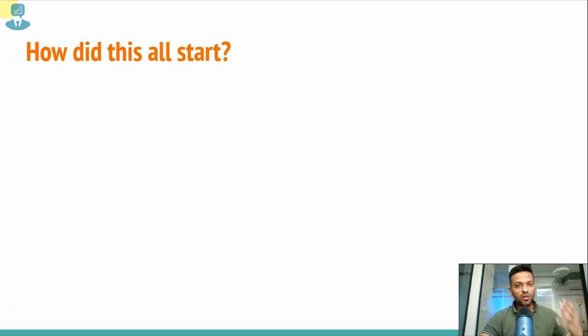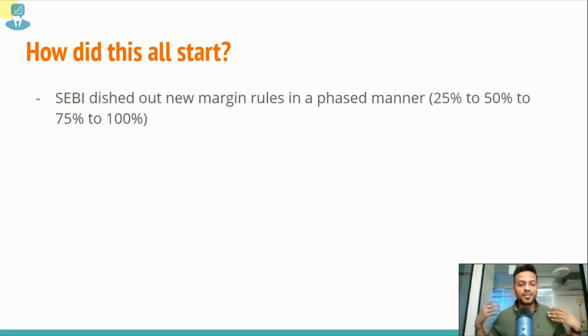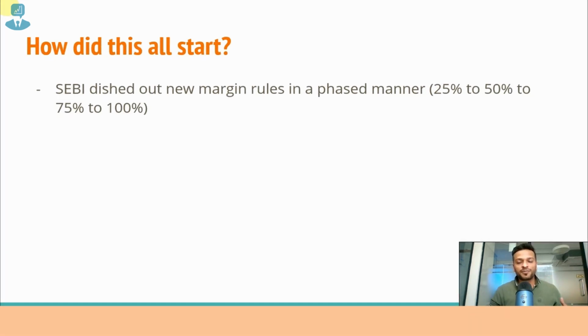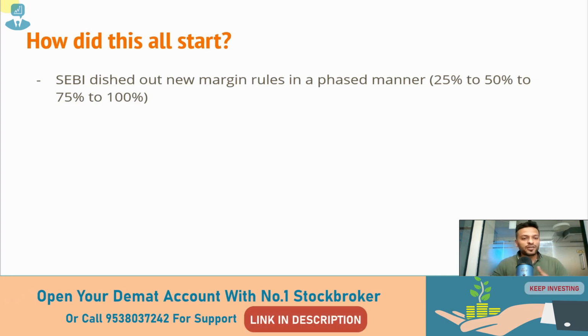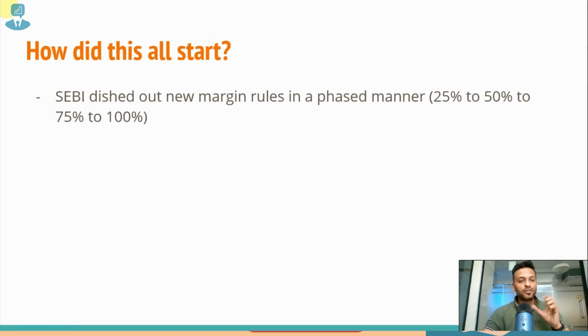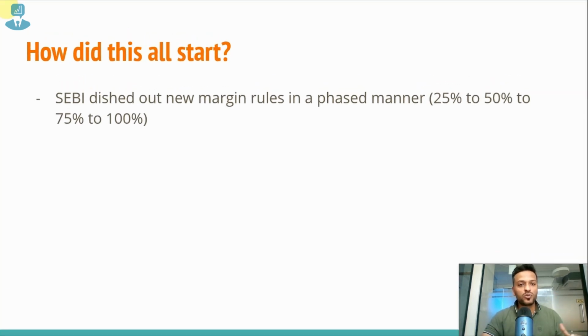So how did all this margin trading come into picture? SEBI, that is the Securities and Exchange Board of India, dished out these new margin rules in a phased manner. If you remember, about a year back, they had given out that 25% margin is the minimum requirement. Then it moved to 50% margin, which was eventually moved to 75% margin. And from today, that is the 1st of September, the new rule has been changed to 100%. We'll try to understand what these margin rules are and on which price this margin has been